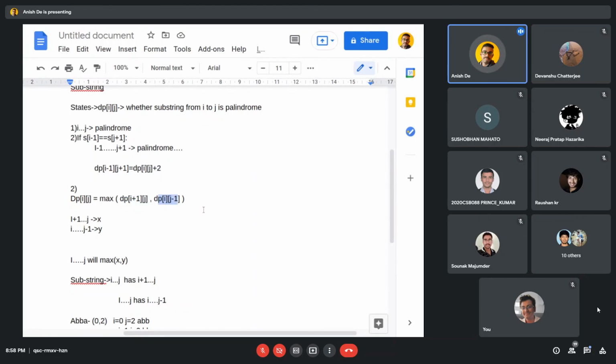The one which gives the maximum answer, we always store, because the one which doesn't give the maximum answer, we don't need. I'm saying for the two different transitions, we will obviously take the maximum, whichever gives the maximum.